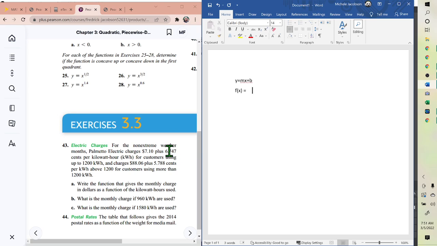Now this is in cents. I want to make it all in dollars. So it would be 0.06747 x plus the $7.10. This is when we use up to 1,200 kilowatt hours. So that would be x less than or equal to